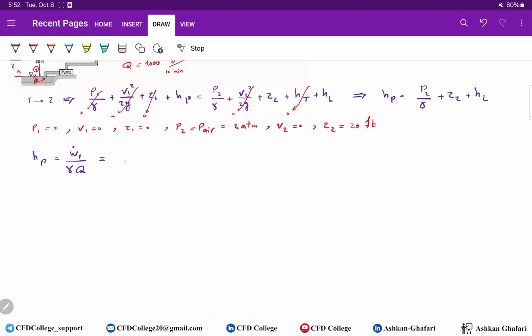We have that 3 horsepower. We should convert it to pounds. So it should be multiplied by 550. Every 1 horsepower equals,